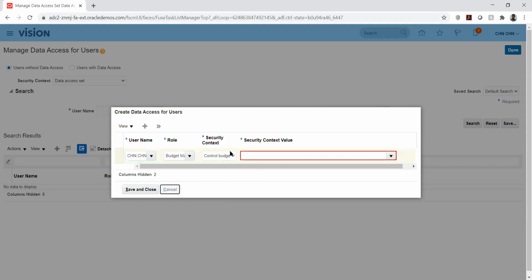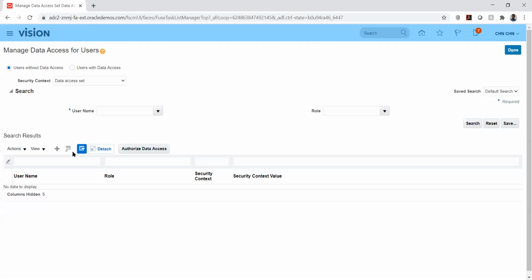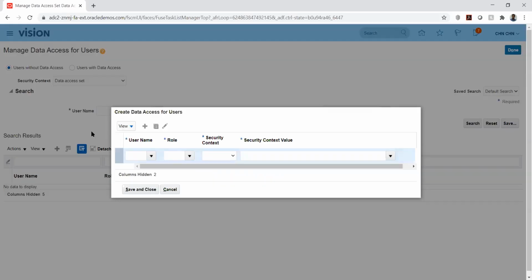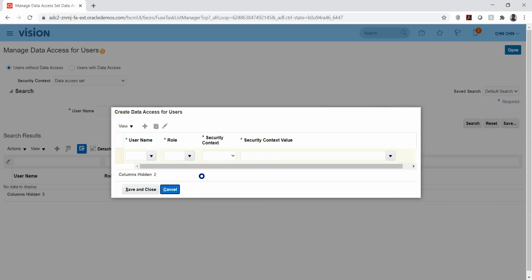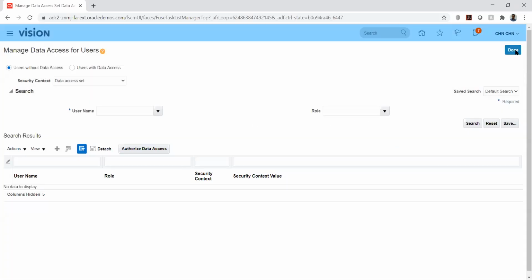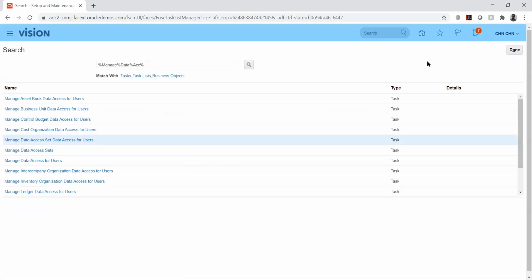It's not a control budget, na? I mean, it is a control budget only. But okay, let me check once. It was others you have selected.